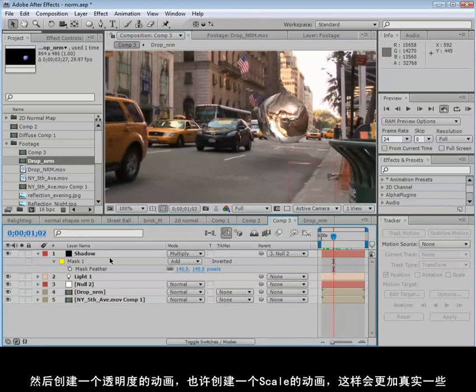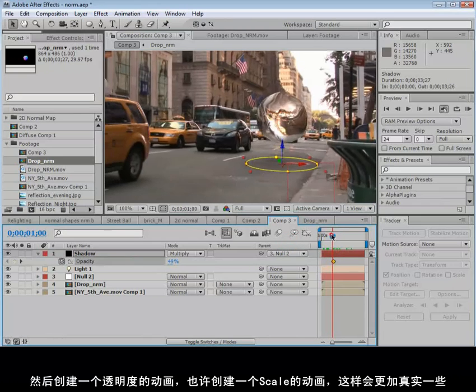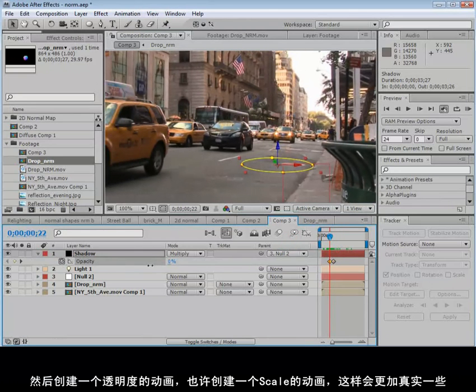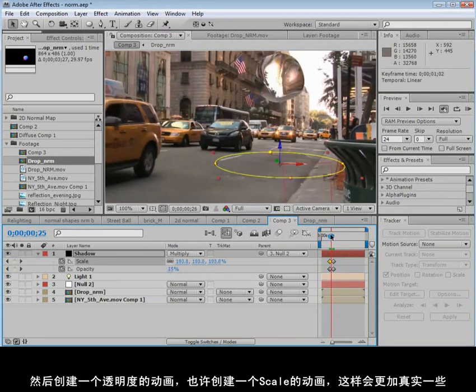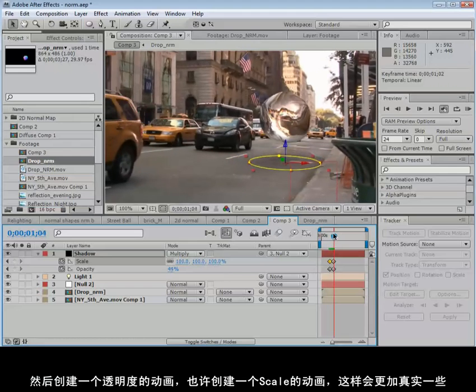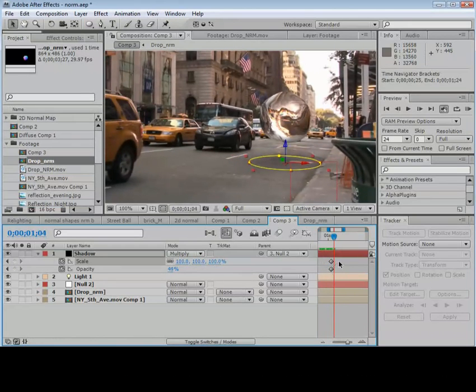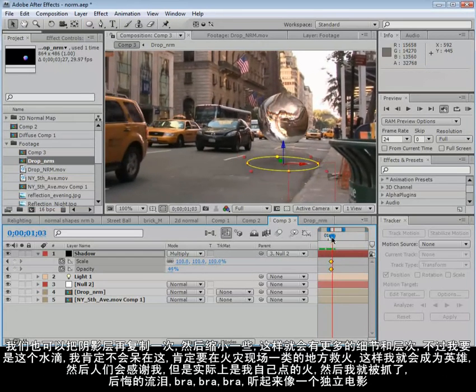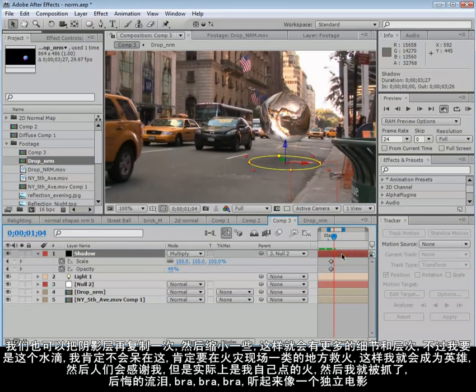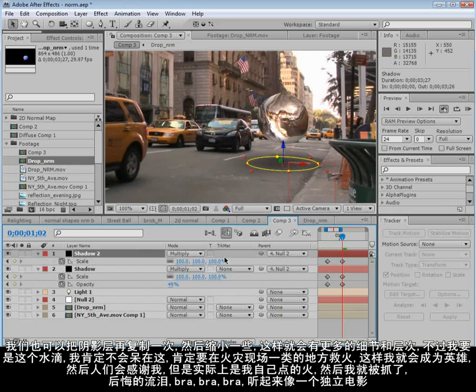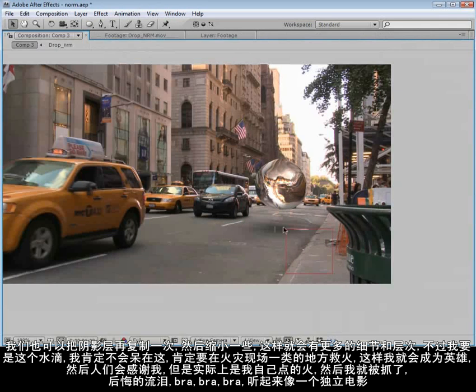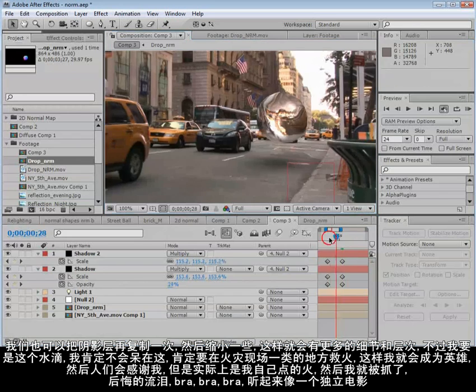And then you can fade it out and maybe even scale it so that it kind of grows on and fades in. And the other thing we can do is if we duplicate it and maybe scale it down even more, kind of create a more realistic kind of shadow. So